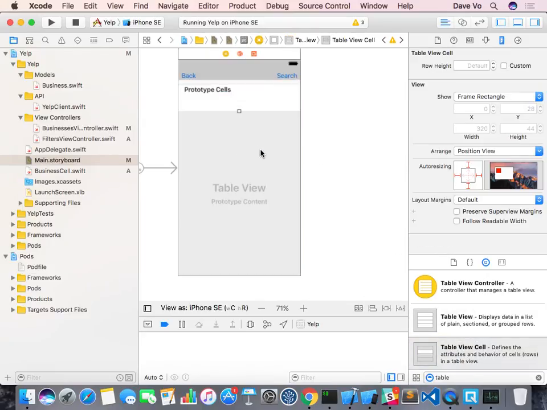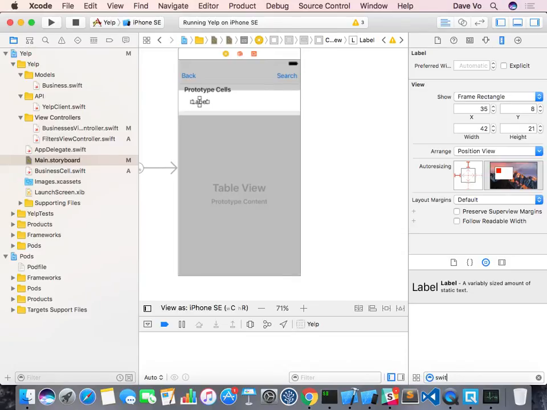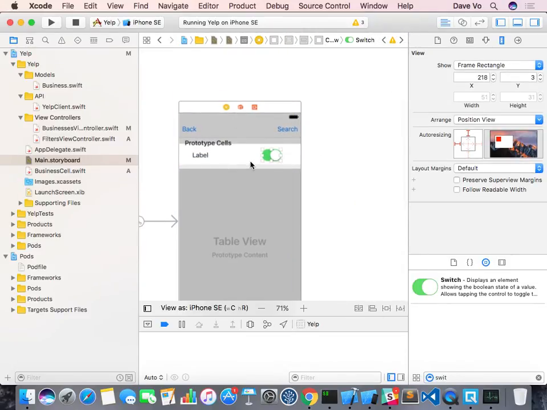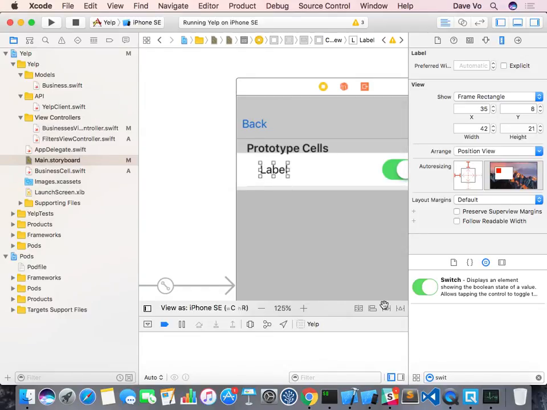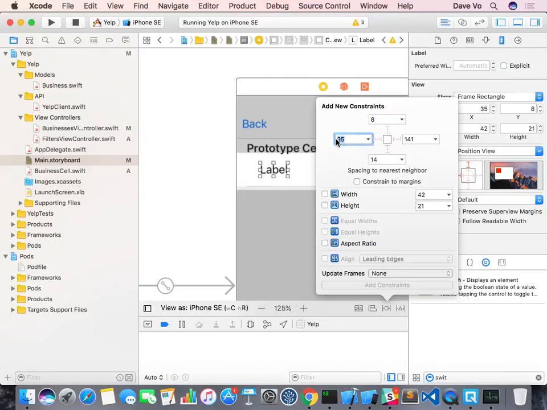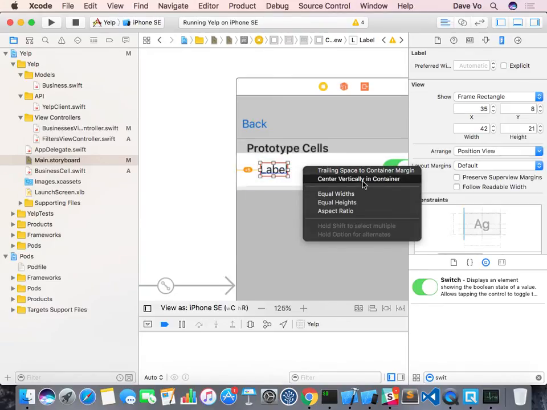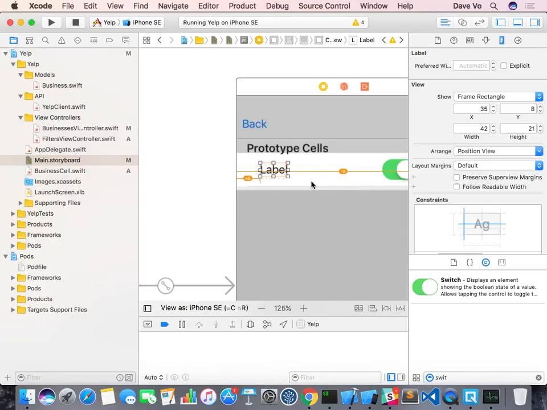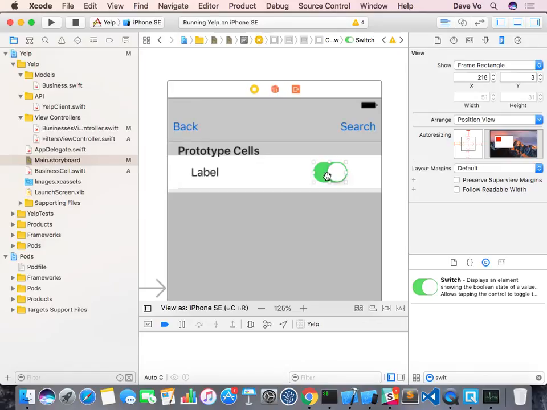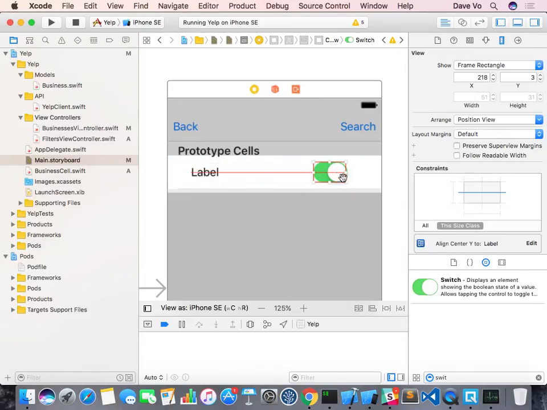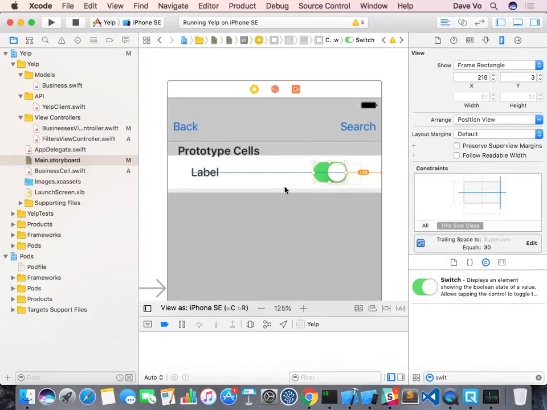And then we have the cell. And what do we have on the cell? It will be the label, right? And then the switch button, right? Okay. I want to set the label so that I have a margin of like 30 pixels on the left, and I want it to be vertically centered, meaning it will be in the middle of the row in the vertical direction. And same thing for this one: I set this one to be at the same level, and this should have some gap, like 30 on the right. Okay, so that's just quickly